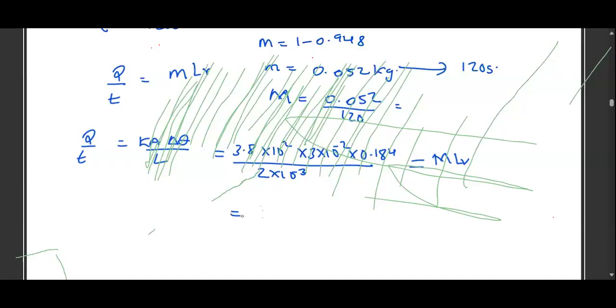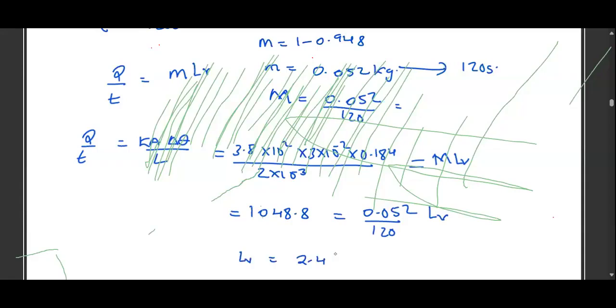I am having 1, which is going to go to our M, which is 0.052 divided by 120, then L V. M was 0.052 divided by 120. I am coming up with our L V as